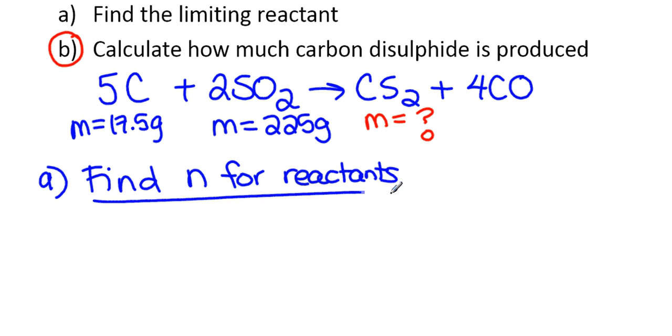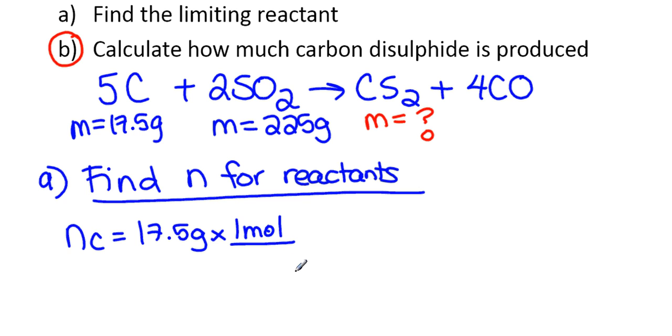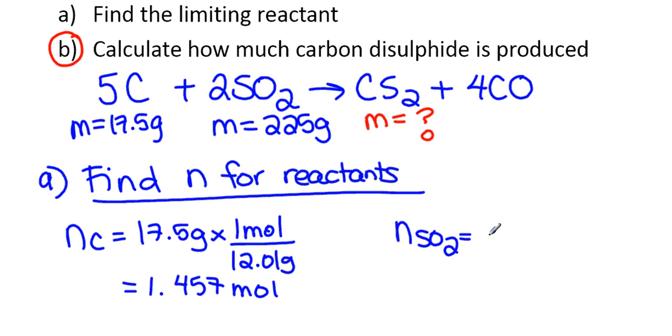This is the first thing that we need to do. Okay. So, same way as we've done many times before, 17.5 grams, and we're going to use our ratio with molar mass. Molar mass for carbon, 12.01 grams, and we're going to get about 1.457 moles. Then we're going to do the same thing for sulfur dioxide, 225 grams times 1 mole, and we